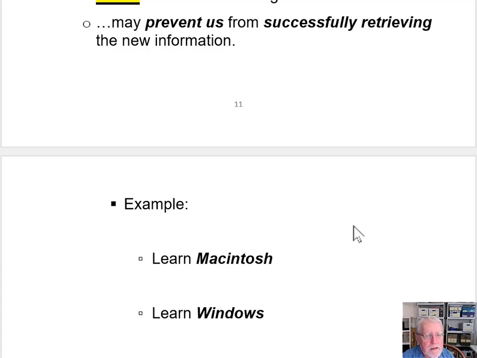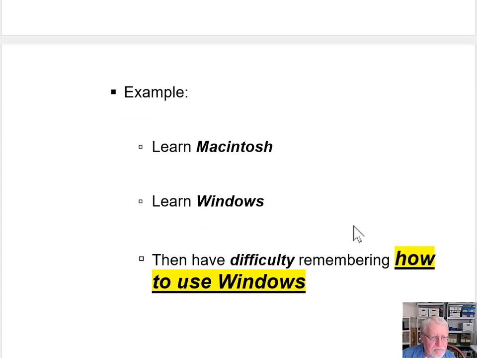So the university bought a Windows computer for me, and I began the process of teaching myself how to use Windows, and I encountered great difficulty. I encountered great difficulty remembering how to do things with a Windows computer. I had difficulty remembering how do I save a file? What are the keyboard shortcuts that I use to save a file that I'm working on? How do I print a document that I need to print? What are the steps that I go through